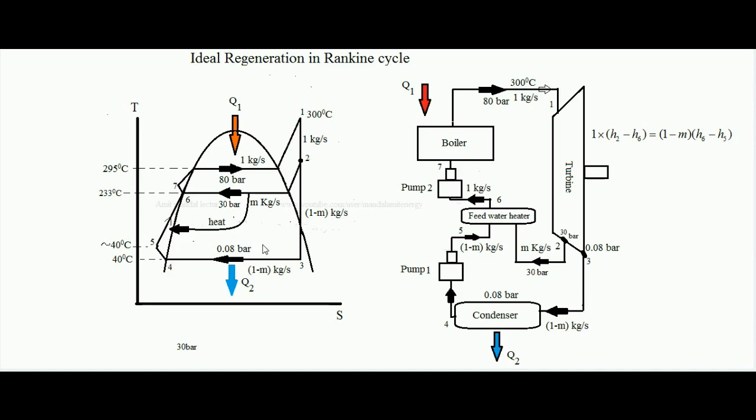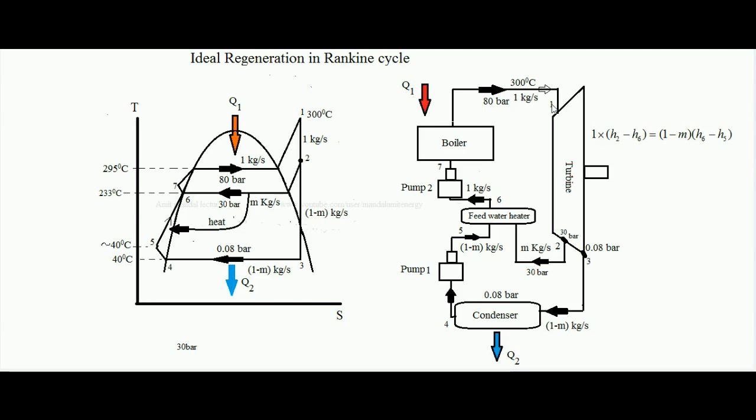Have you got it? See, total condensation is still taking place with 1 kg per second, because m kg per second is condensing between points 2 and 6, and 1 minus m kg per second is condensing between points 3 and 4. So m plus 1 minus m is what? 1 kg per second. But by this technique, we can reduce the amount of unnecessary heat rejection, and we can feed it to the cycle itself, so that the boiler load can be reduced. So this is your ideal regenerative Rankine cycle with one steam bleed.